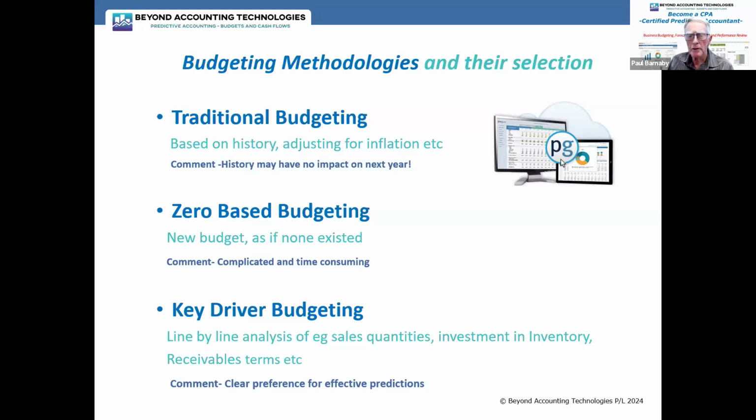Find out what their stock investment will be needed. Find out what their terms of receivables are. And that is what I call drivers. And obviously, it's my clear preference, because to me, it's the only one that works. It works properly. It gives you the best return on the time invested, and it gives you the best methodology.